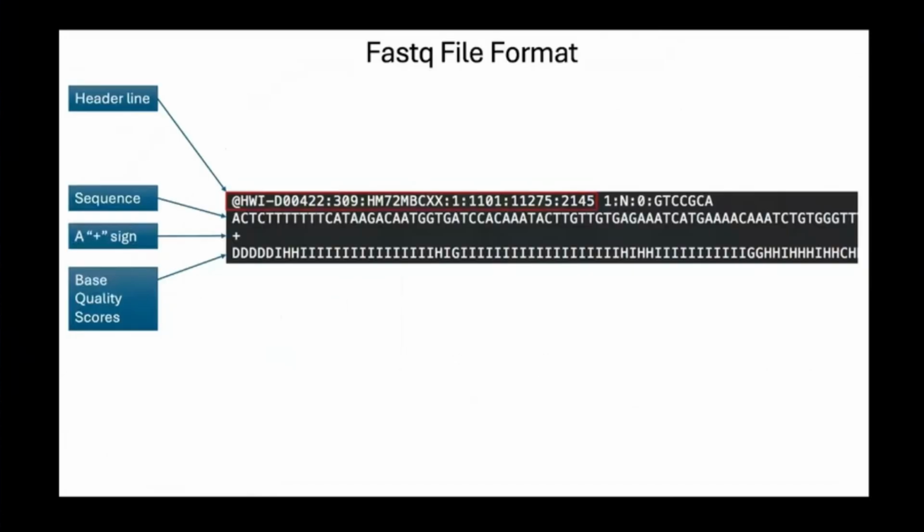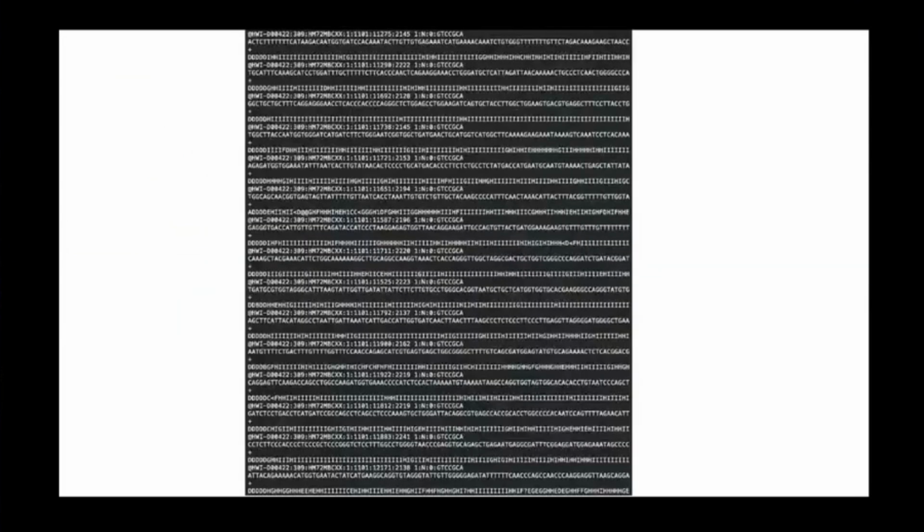Our final common sequencing output that we can start working with informatically is called the FASTQ file. It's a repeating set of 4 lines. We have a header line, which contains information about the sequencer and the flow cell, and also, most importantly, includes a unique X and Y coordinate from the actual flow cell that delineates this particular fragment of DNA. Then we have the sequence itself, and a plus sign, and then at the end we have the quality scores recorded for each base call. And obviously we have a ton of these for all the molecules that we've sequenced,